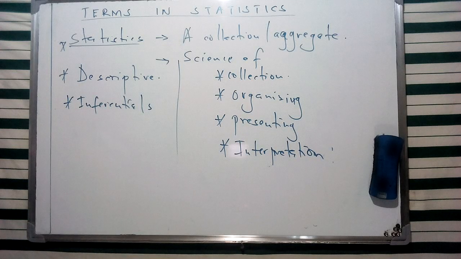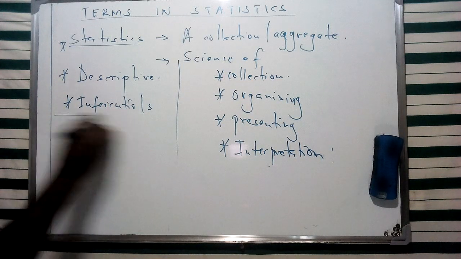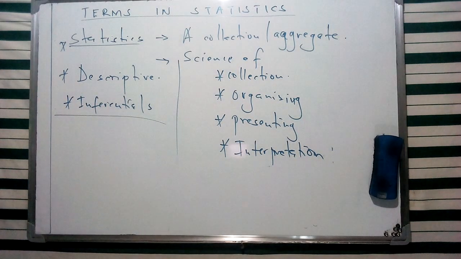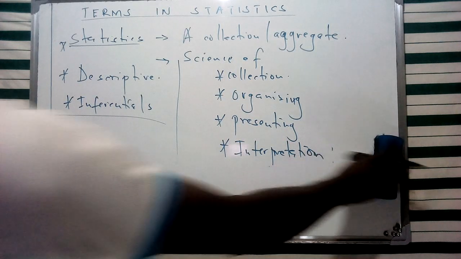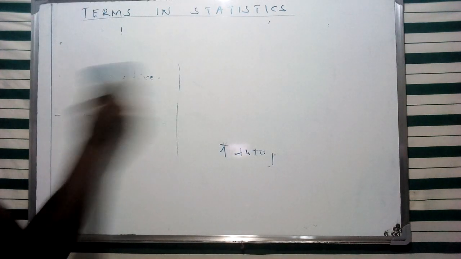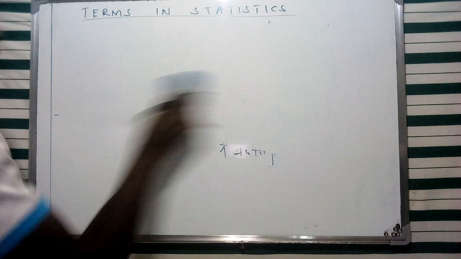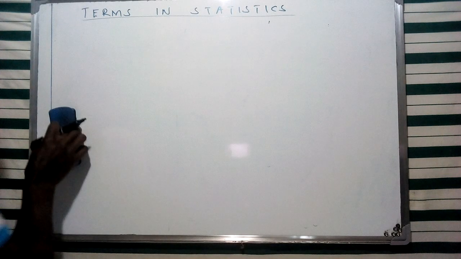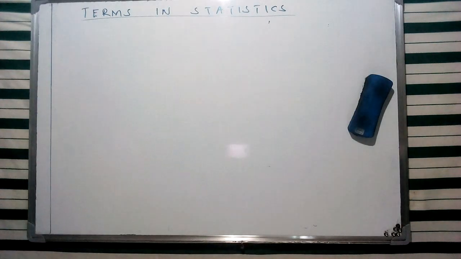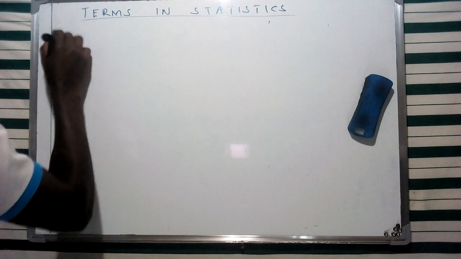Now, apart from this, there are various other terminologies that we're going to come across, which are going to be applicable in various discussions under the concept of statistics. I'm going to list a range of terms so that we can have a small discussion about them. And in case we come across them in our various discussions, it's going to be easier for us to comprehend. So we're going to come across the term